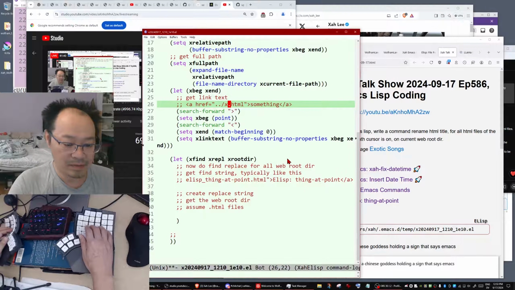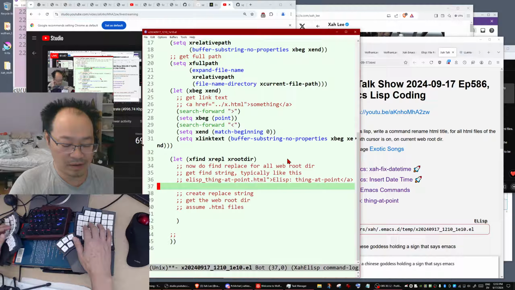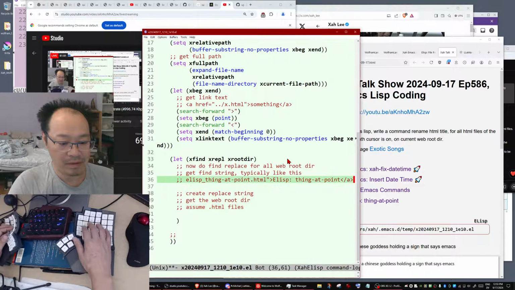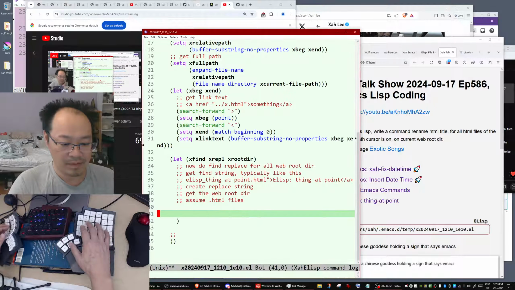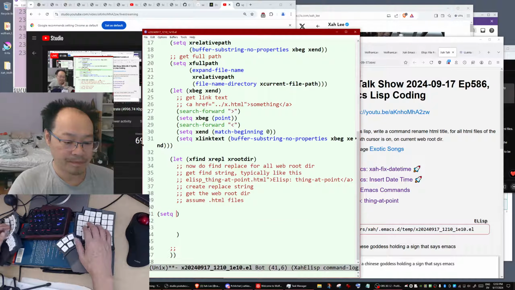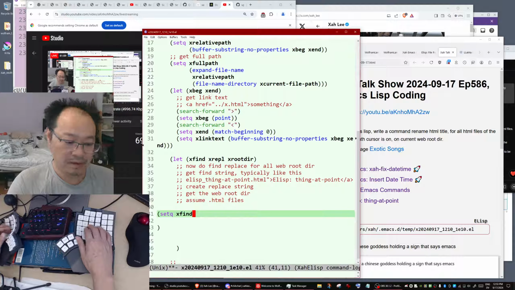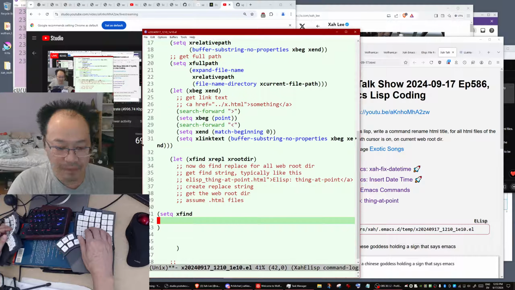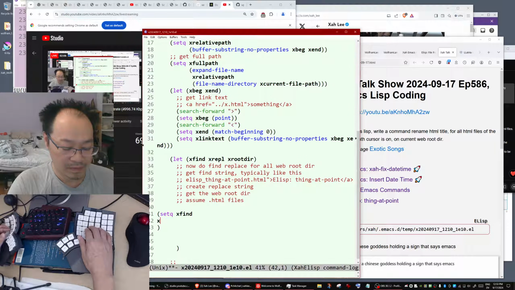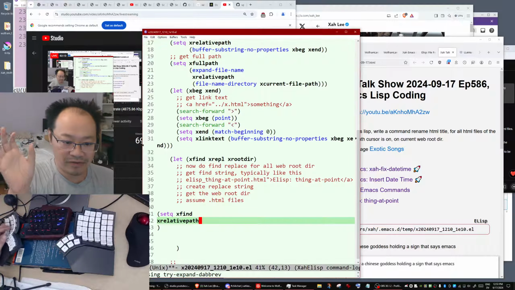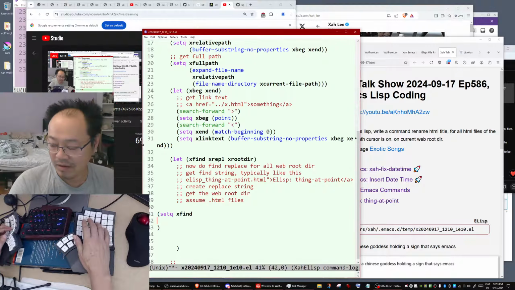Now let's set the find string. The find string will be based on the relative path. You need to get the last component of that.